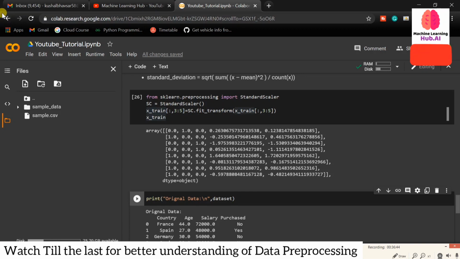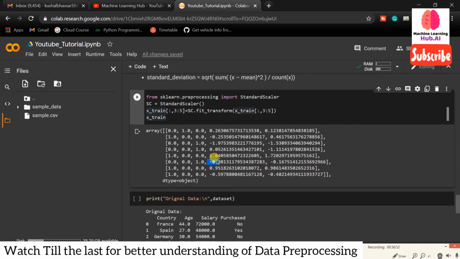The other one is a min max scaler, but the min max scaler range is 0 to 1. Okay, so if you don't want negative values in your data, then you can go for the min max scaler. So now we can see our data is in the same range. So you can see the 0 0 0 0 1 1 1 -1. So we can see now this data is perfectly feedable for our machine learning model.